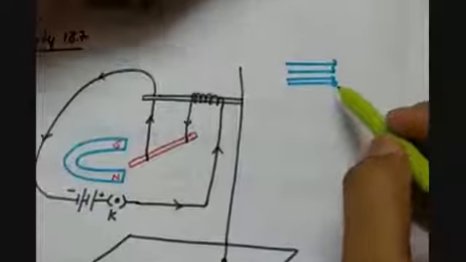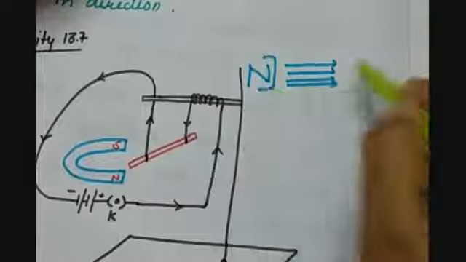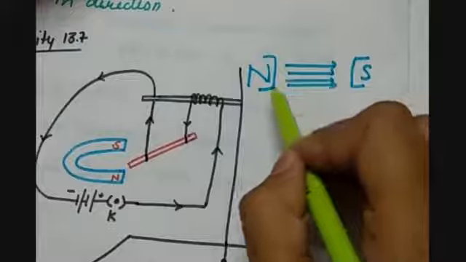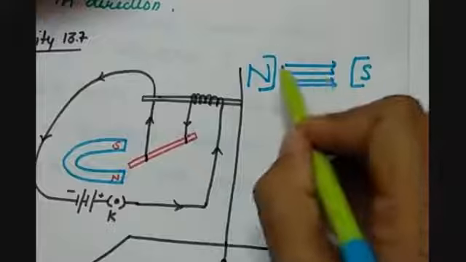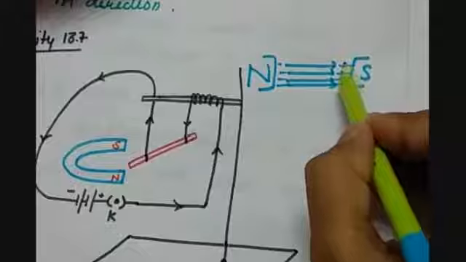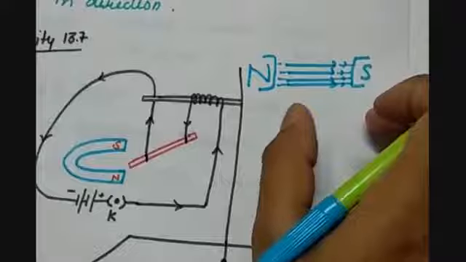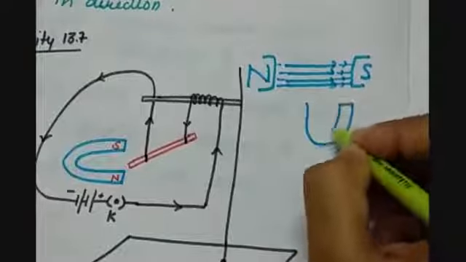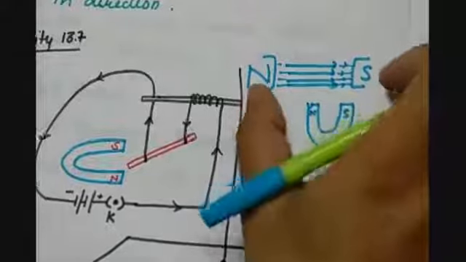And to obtain this magnetic field, we can have north pole of a magnet and south pole of a magnet near to each other, because we know that from the north pole the magnetic field lines emerge and they enter into the south pole. So always there will be parallel lines between the north and south pole placed together. So this uniform field can also be obtained with the help of the horseshoe magnet, which is having a north and south pole arranged in the similar manner.